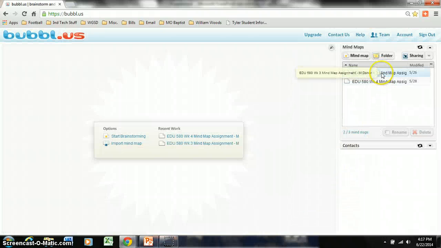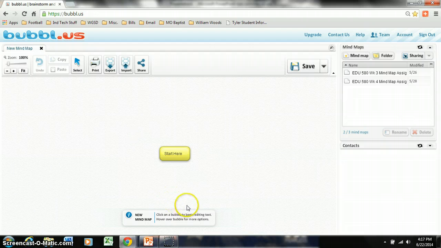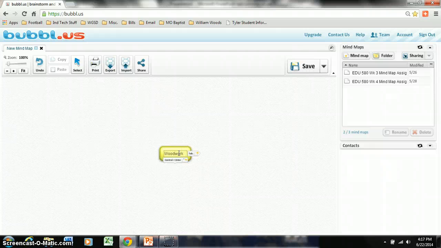It pulled up my previous mind maps that I did for this actual class. If I wanted to make a new mind map, I would just click on Start Brainstorming. And then you enter your information here. So, such as, I'm going to write down woodworking. And what I see this mind mapping tool being useful for, as a teacher or administrator, being a tool